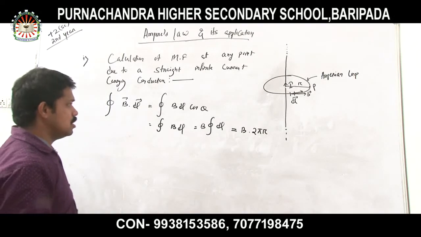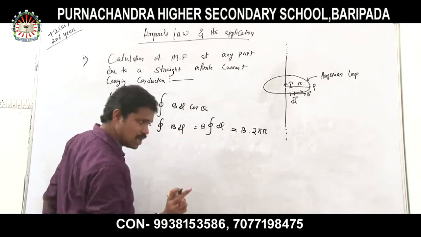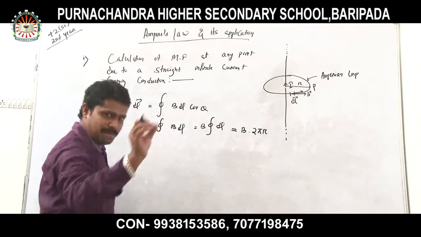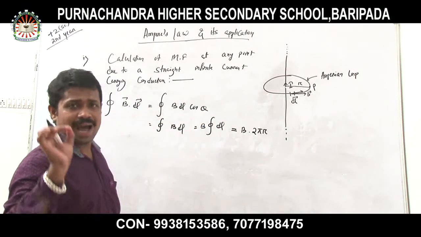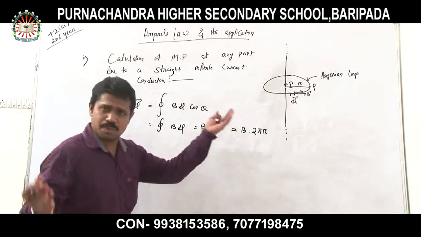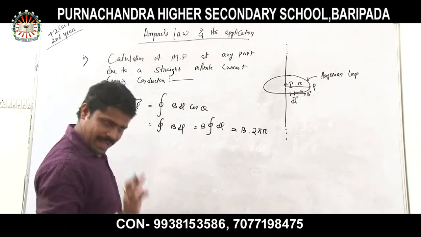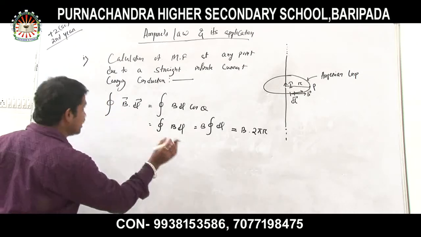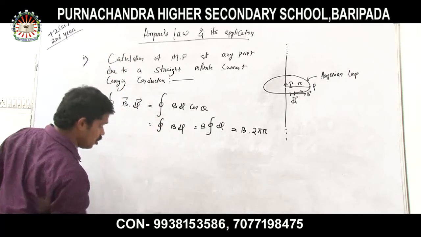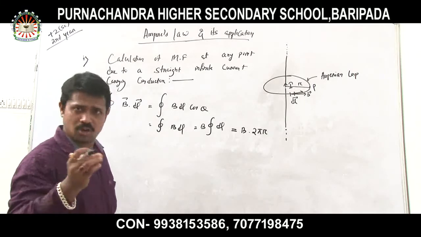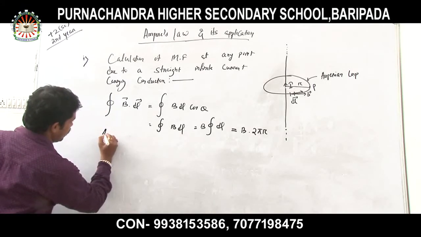Clear, understood? So integration of dl is L. And what is the length L of the loop? The length L means the circumference of the loop. So what is the circumference? 2 pi r. Okay. So now B dot B into 2 pi r, and according to Ampere's circuital law, this must be equal to mu 0 times the total current enclosed by the surface. So according to, I have to write here,